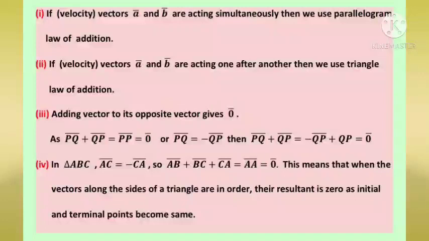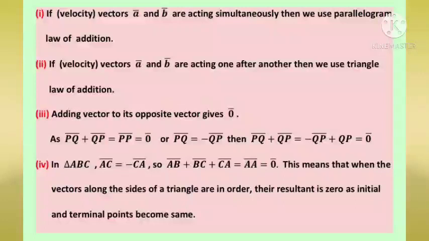So if initial and terminal points coincide, then the vector is equal to 0 bar. Even if you see PQ bar and QP bar, they are opposite in direction. Therefore they will be negative vectors of each other. So PQ bar will be equal to what? Minus of QP bar. You can see above. So if you add PQ bar plus QP bar, that is equal to minus of QP bar plus QP bar, means it is the 0 vector. So what is happening here? If you add two vectors which are opposite in direction, the resultant will be a 0 vector.